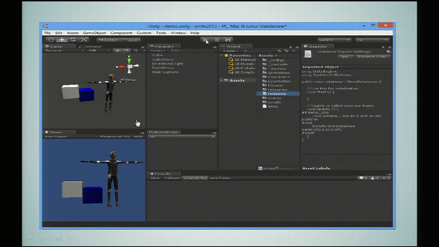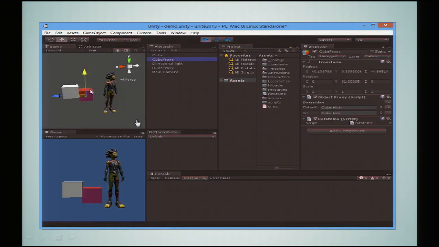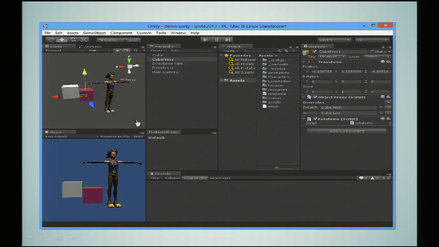So as we're on the Wii platform, we click play, and nothing happens. The cube doesn't rotate. But you just change the platform, and now it changes the asset. It recompiled the rotate.cs, and then you click play. And now you have your cube inside the editor, and it's super fast to test most of the flow. Of course, at some point you will want to get on the real platform because there are things that are only on that platform. But you will be able to do a lot of things there without switching platform and losing time doing it.